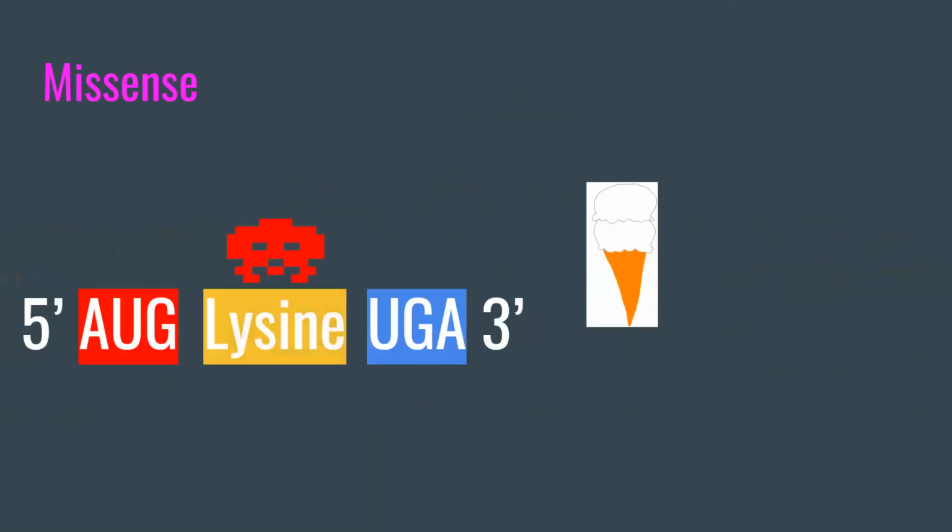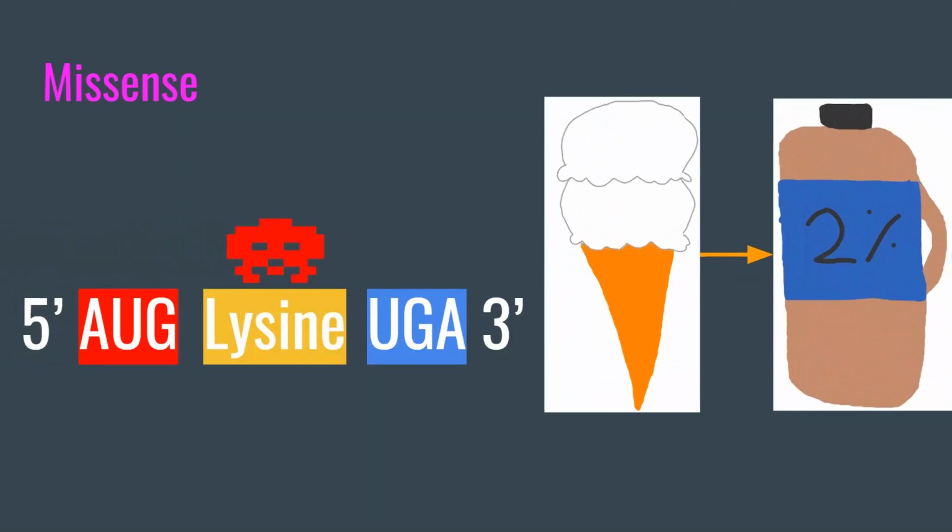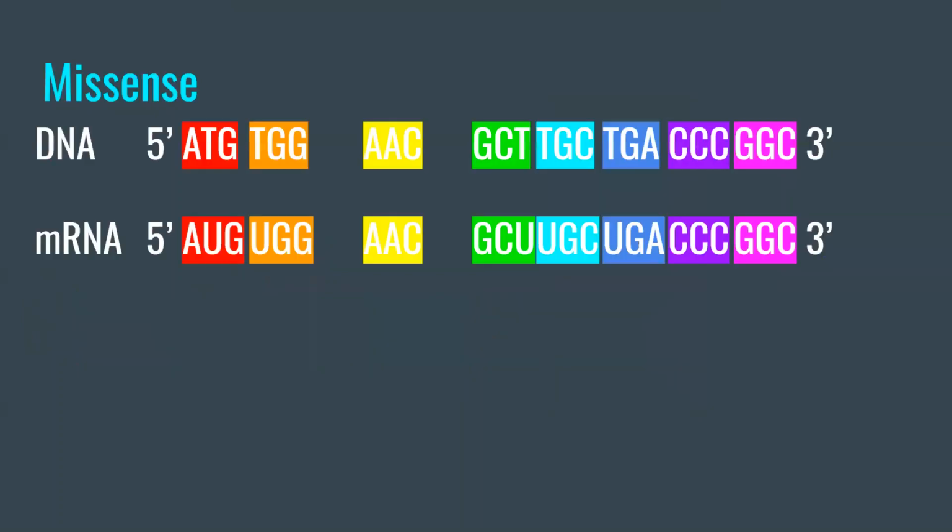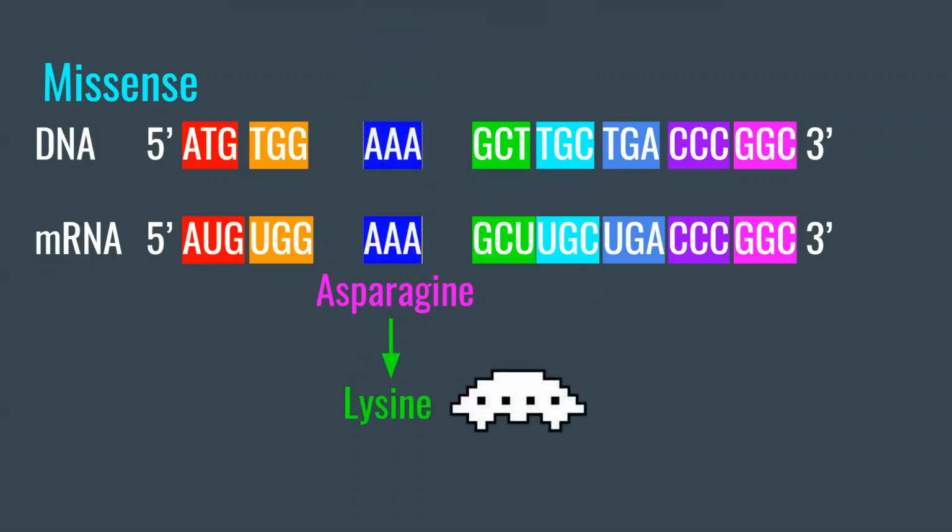This would be like having a vanilla ice cream machine suddenly start making chocolate milk. The produced protein is different and usually does not function like it is supposed to. We can create this by changing the AAC codon into AAA. This would change the coded amino acid from asparagine to lysine. In this case, since we are switching a C to an A, this would be a transversion since it's a